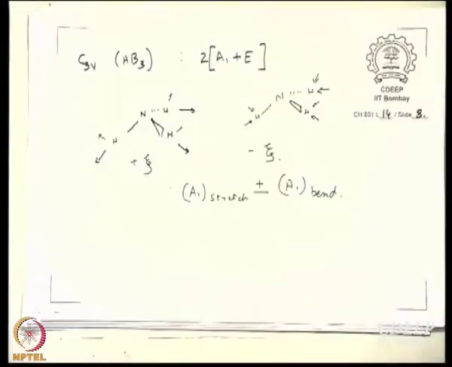Since all arrows going out together is A1 and all arrows going up together is another A1, the first is from the bond length and the second is from the bond angles. When you just add them, you get A1 symmetry. When you subtract one from the other, then also you get A1 symmetry. That means, while stretching, just think of stretching. While stretching, in one case the bond angles increase. In the other case, while stretching, bond angles decrease. These are the two normal modes of vibration of say NH3, which have A1 symmetry.